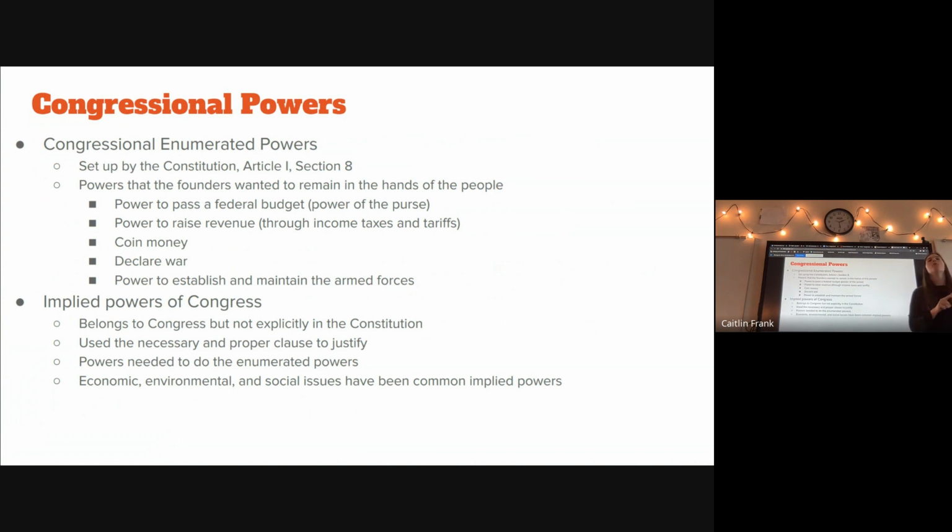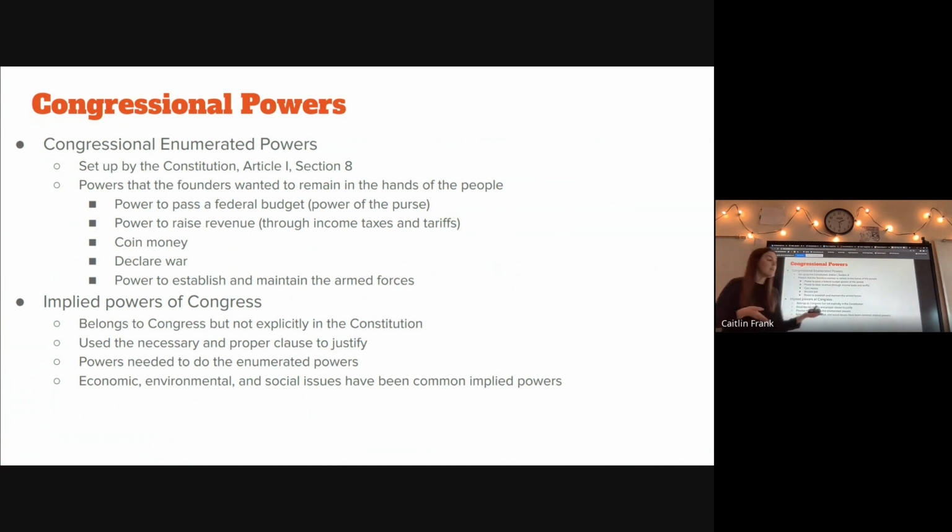Implied powers of Congress are set up by the necessary and proper clause, which I know we already talked about with McCulloch v. Maryland. This is in the Constitution, setting up the idea that not everything in the Constitution will cover all of the policy that Congress will need to pass for all of US history. There are going to be things that come up that aren't in the Constitution. So the founders wrote in the Constitution that if there is something that is deemed necessary and proper to run the country, Congress can pass it as a law,